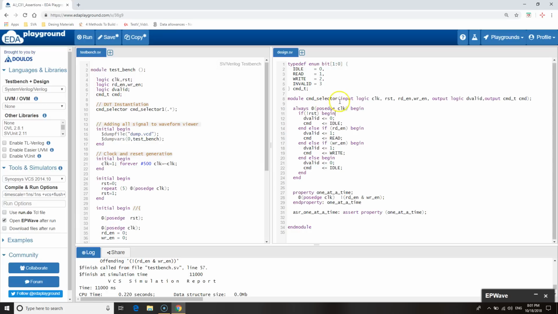In an always begin-end block clocked with the positive edge of clock, if there is a reset, the output d-valid will be 0 and command will be idle. If there is read enable, then output cmd will be read. If there is no read enable and there is a write enable, then the output will be write, and if none of them are present, the output will be idle. So it's very clear that first priority is given to read enable, but still in this case we just wanted